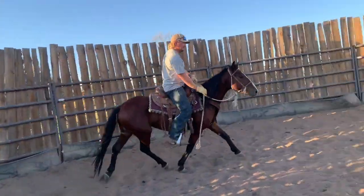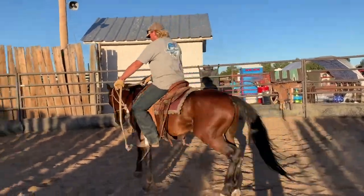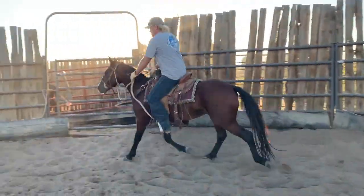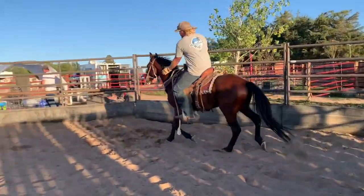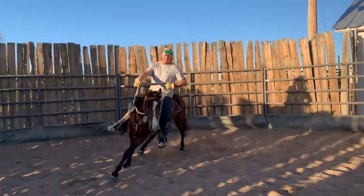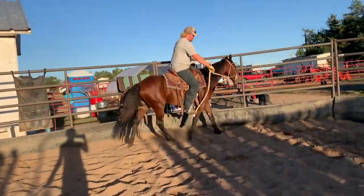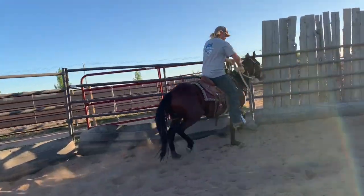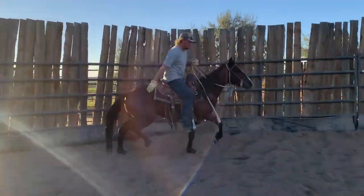You can see we're riding him in a loping hackamore. I actually built this loping hackamore, and I generally like to start all my horses in a loping hackamore, and I don't like to ride them in a snaffle until they're being pretty good just wearing the snaffle. Usually I would have the snaffle over the loping hackamore on this day, but Luke